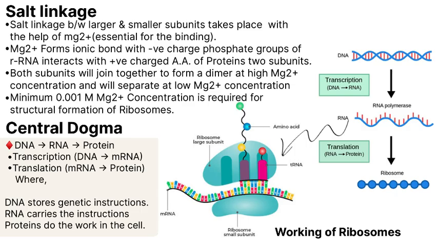You have probably heard about the central dogma of molecular biology, which explains how genetic information flows inside a cell. Inside the nucleus in eukaryotes or the cytoplasm in prokaryotes, the DNA sequence of a gene is copied into messenger RNA, or mRNA, by the process called transcription. To convert the mRNA into proteins by the process of translation, we need ribosomes. So both the subunits of ribosomes come and bind with the mRNA.